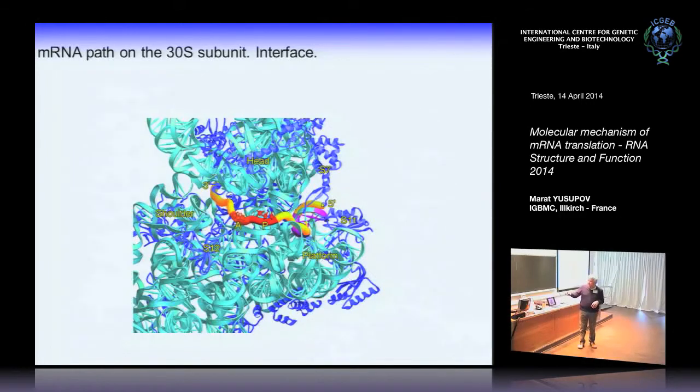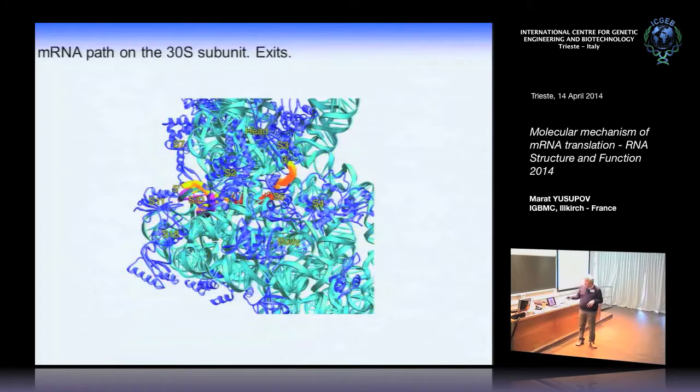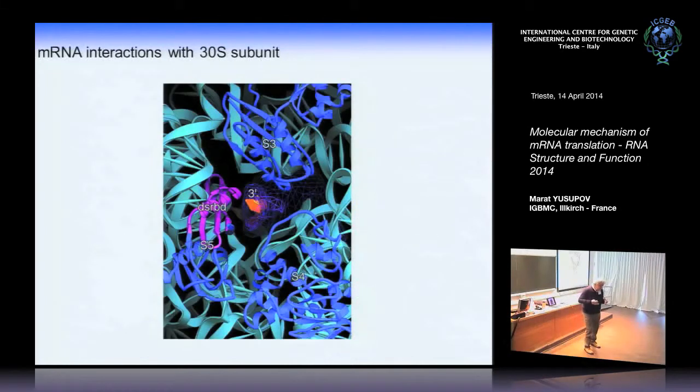We can describe the A site codon, the P site codon, the Shine-Dalgarno duplex, or this backside of the same beginning of Shine-Dalgarno and the 3' end in the backside of the small ribosomal subunit. It allowed us even to describe the environment of messenger RNA and suggest that some proteins at the entrance of messenger RNA, this is the 3' end of messenger RNA in the backside, surrounded by proteins S3, S4, and S5, and